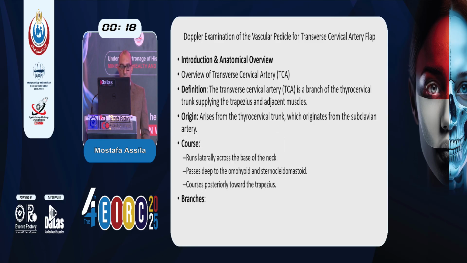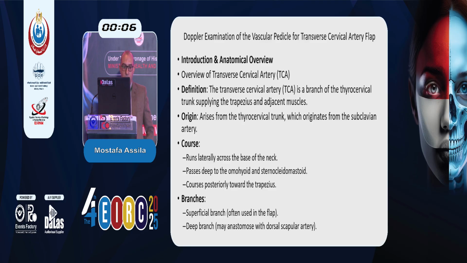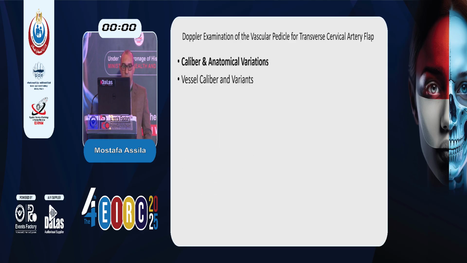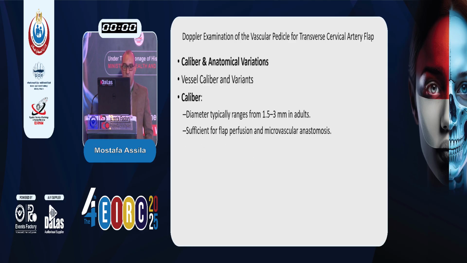Of course, it runs laterally across the base of the neck, passes deep to the omohyoid and sternomastoid muscles, and courses posteriorly towards the trapezius. Branches: the superficial branch is often used in the flap, and the deep branch may anastomose with the dorsoscapular artery. Doppler examination: caliber of the vessel, diameter typically ranges from 1.5 to 3 millimeters in adults,